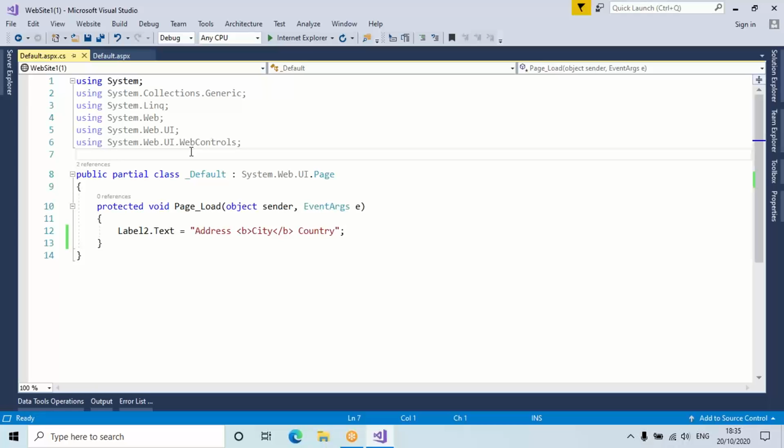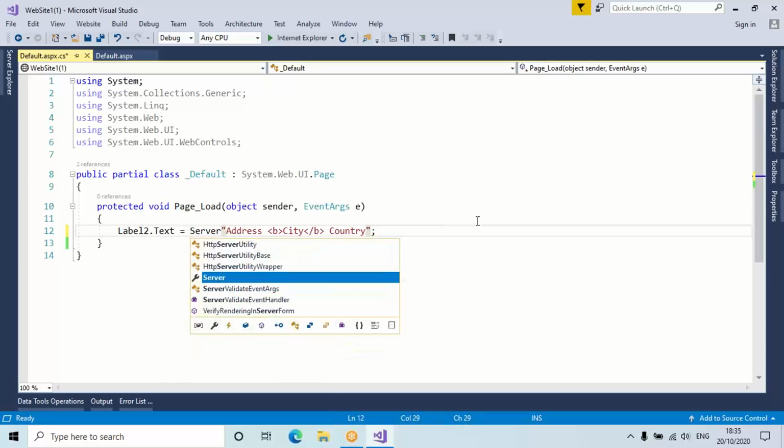Same B, city, B. It should not be considered as an HTML tag. So for that reason, what we are supposed to do now is write here: